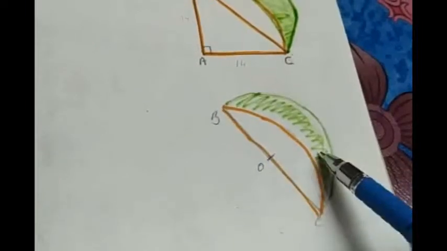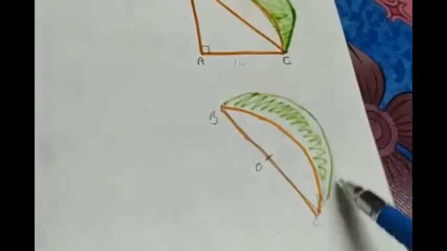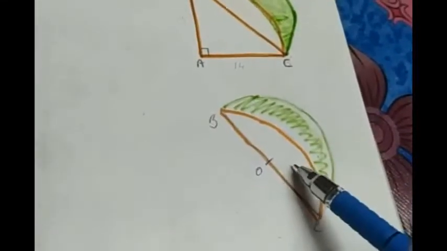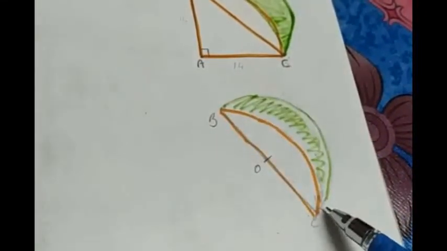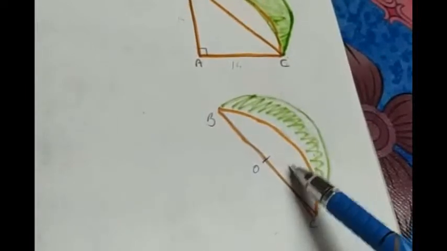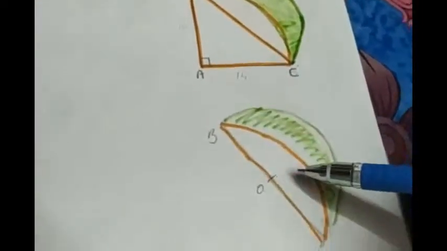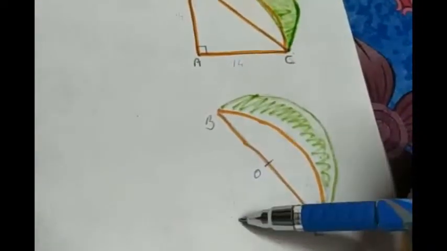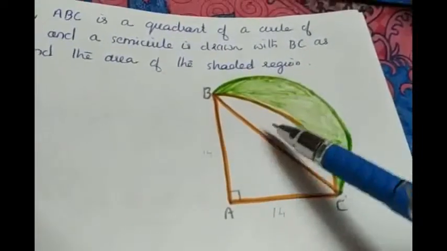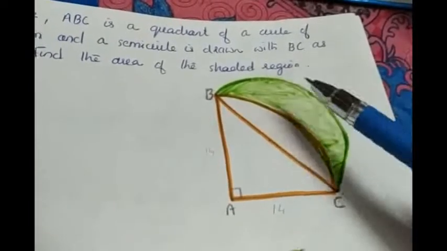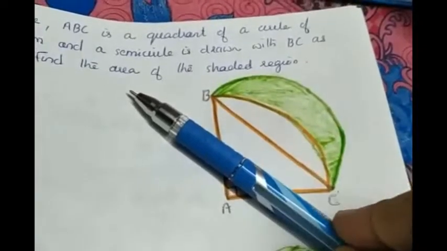From this semicircle, if I want to find the area of the shaded region, what should I do? I have to find the area of the semicircle and from that I have to subtract the area of the unshaded region. So coming back to this figure, same case, isn't it? Same figure I have drawn here without joining B and C to A. So here also, from the area of the semicircle, I want to subtract the area of the unshaded region.